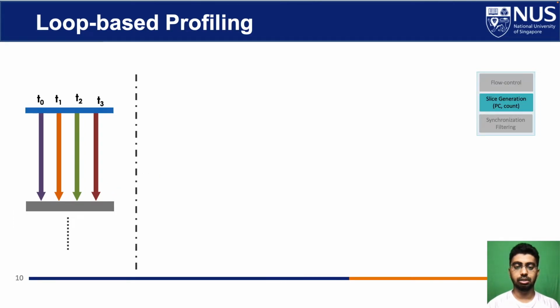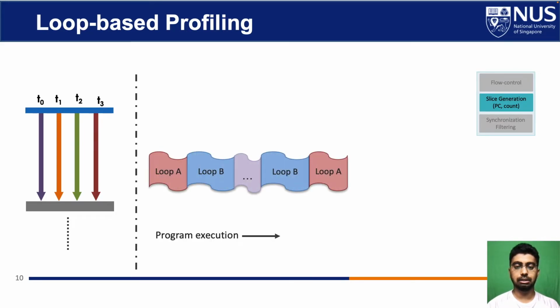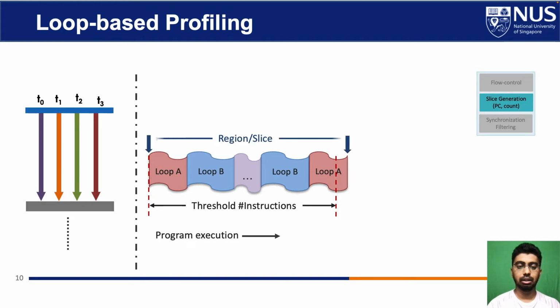During slice generation, we slice the application into different regions. The diagram shows an application execution at a per-thread level. The blocks represent loops that are executed at that particular interval. All regions start and end at a loop entry or exit. Assume the aggregate instruction count from all threads reaches the threshold number of instructions from the start of the region. We cannot end the region here, but instead need to wait till the end of loop A to define the boundaries using the corresponding program counters and their counts, which enables us to simulate an equal amount of work every time.